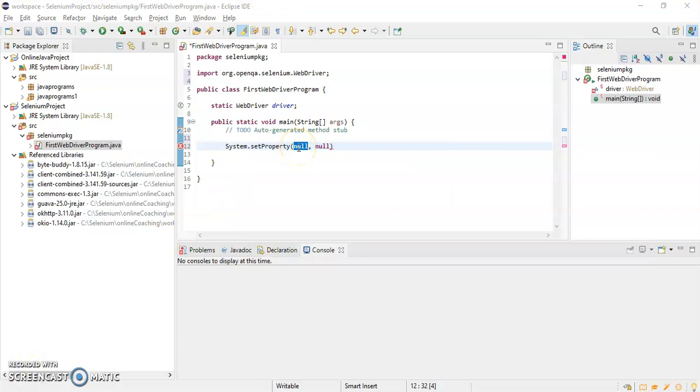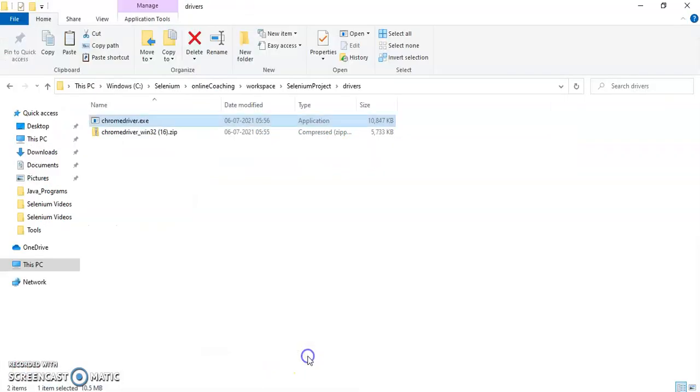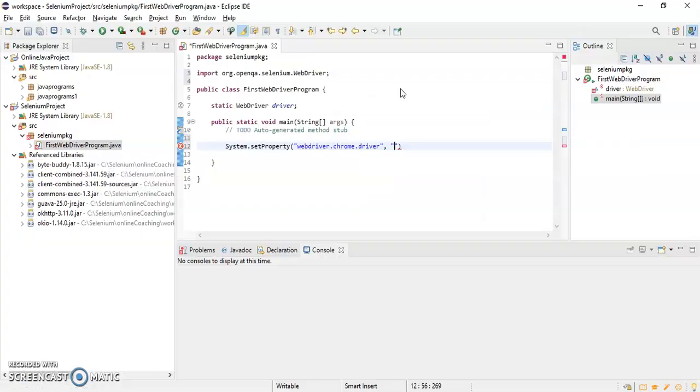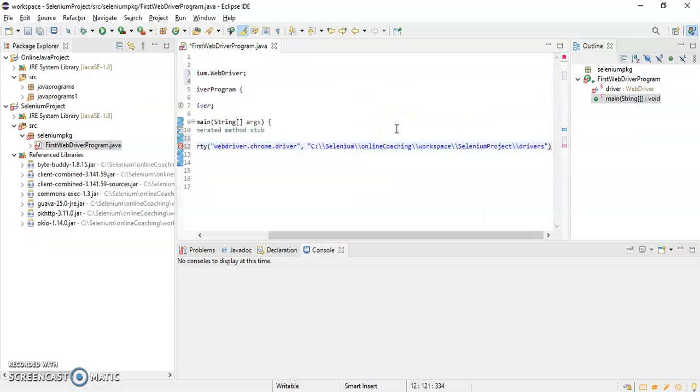In the first parameter, we have to write webdriver.chrome.driver, and in the second argument we have to pass the ChromeDriver path. As of now, I can just give this path, right here, chromedriver.exe.